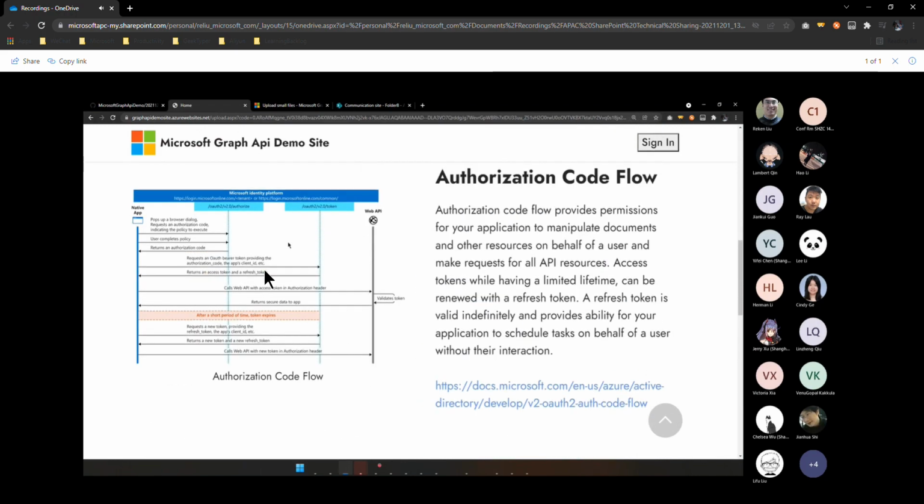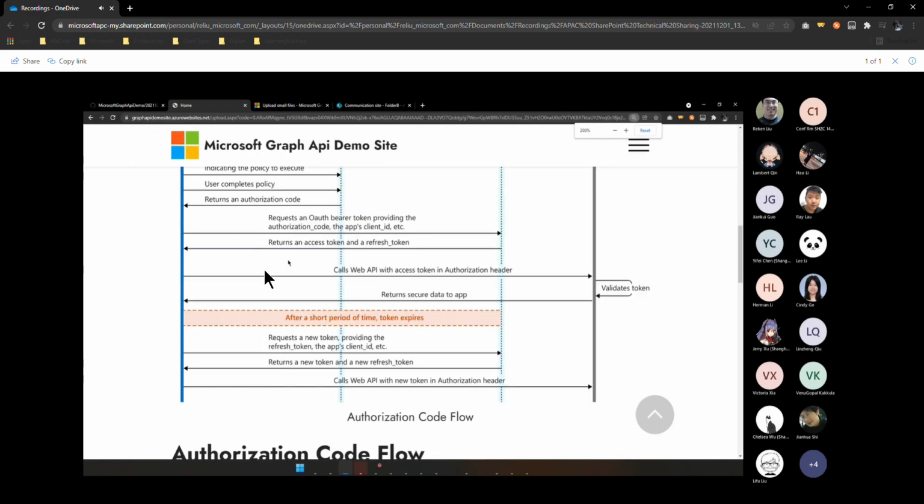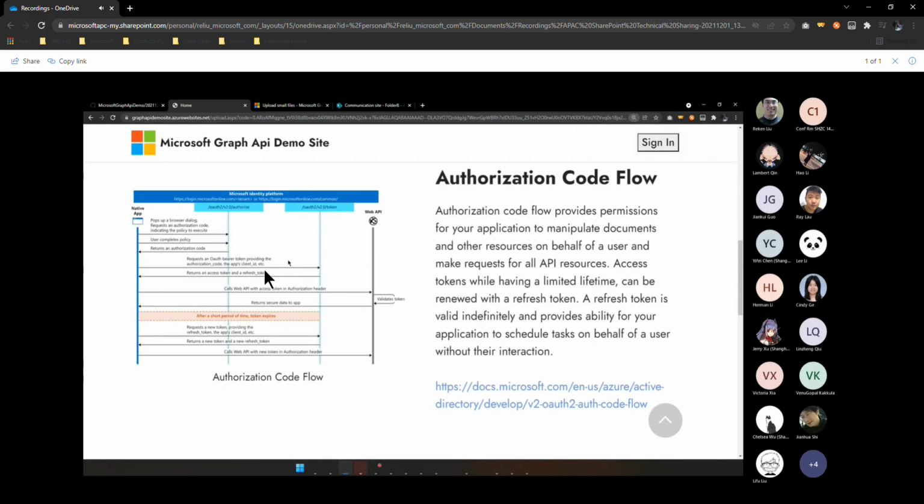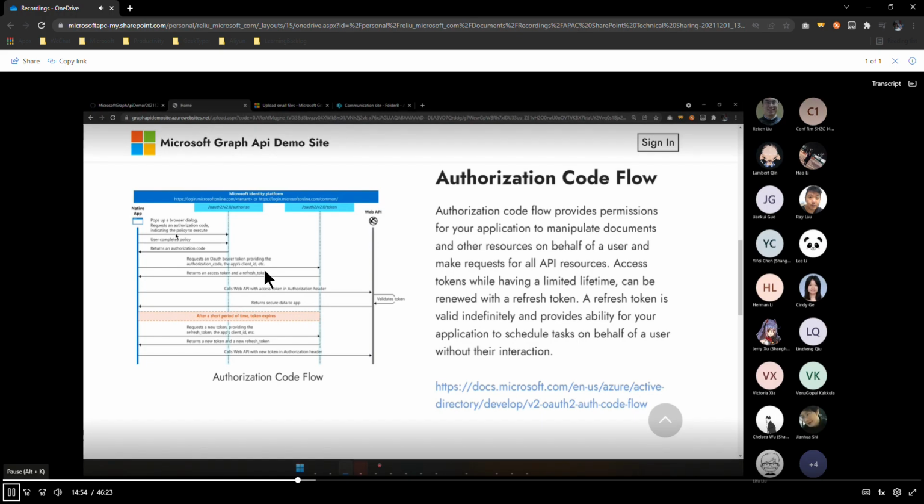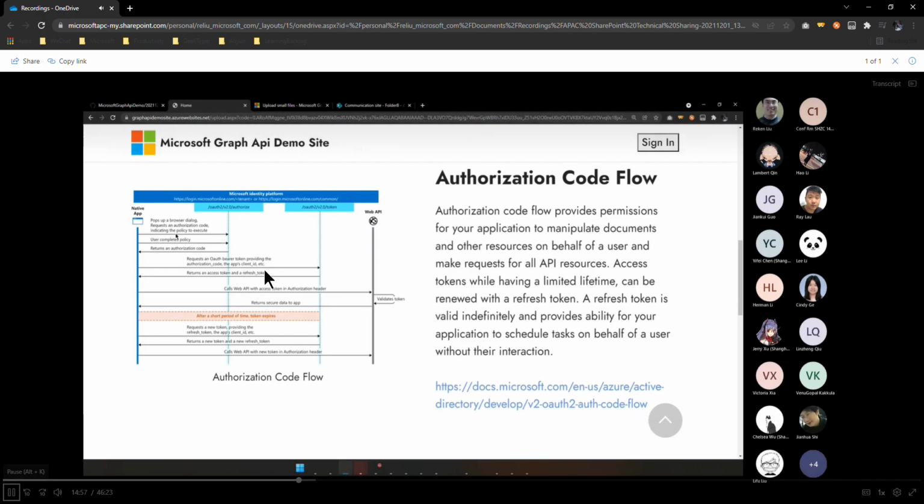Okay, actually, as we can see here, the authorization code flow provides permissions for your application to manipulate documents and resources on behalf of a user, and this is very important. If we take a look at the picture here, the flow goes like a pop-up the first time we access that resource, it pops up a browser dialog, but it doesn't have to be a pop-up. It could be a redirect, right? The one we just showed is a redirect, and